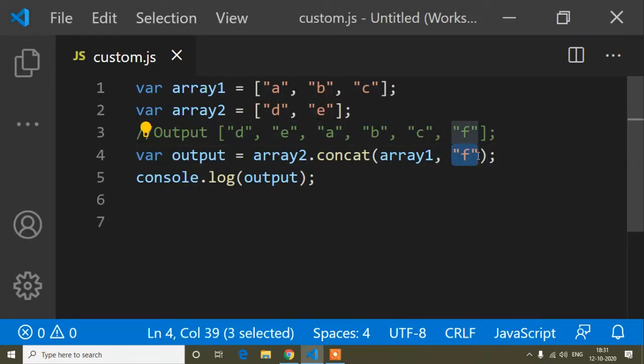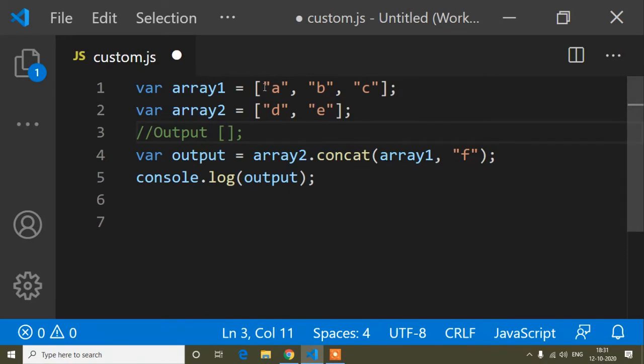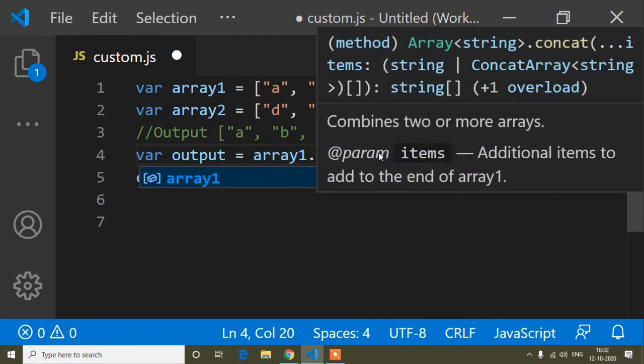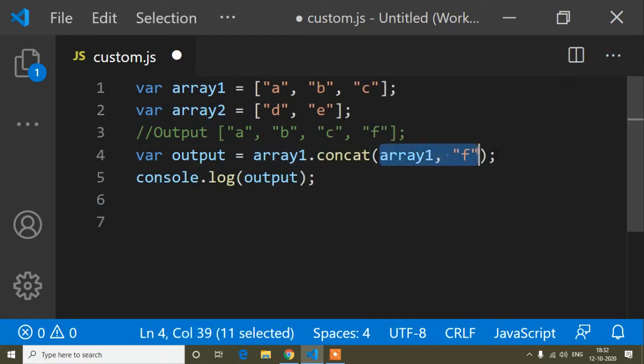In the same way, if you want to add only the external value to the first array, that means if the output should be like this, first a, b, c, and also another value f, you can do one thing: array1 dot concat, and now we need to concat only f.